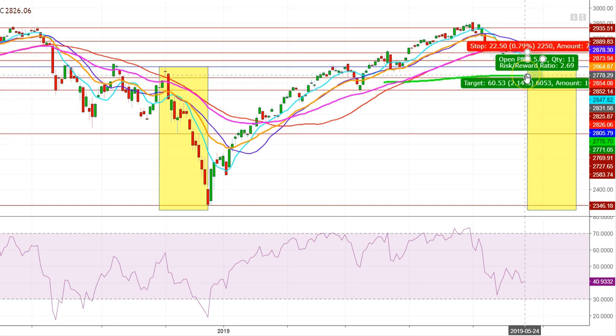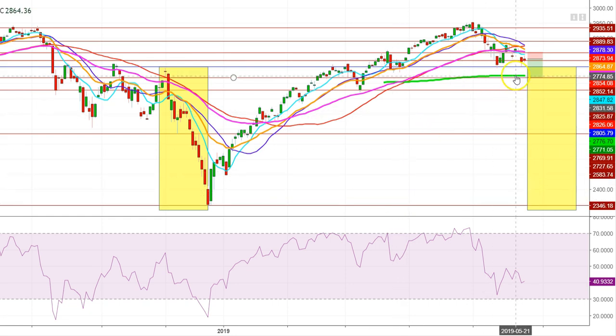No doubt we will see first support of S&P 500 at the level of 2776, but I find that if this bearish pressure extends below the 200 days moving average, we will see sharp downward moves which are likely to continue up to the levels of 2326 within June 2019,